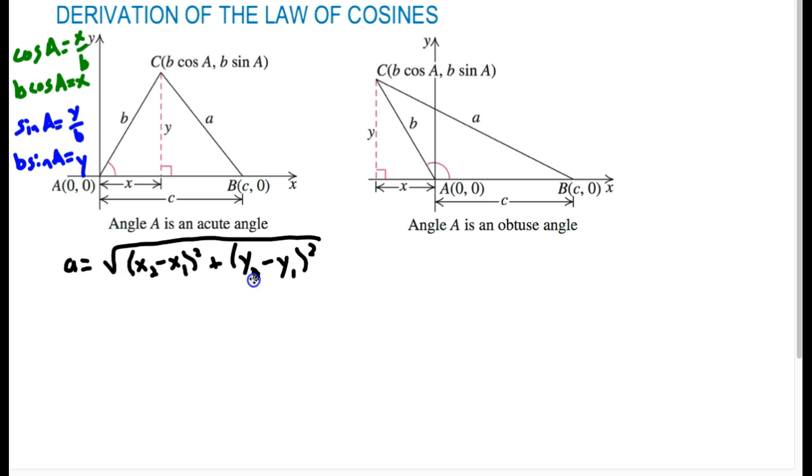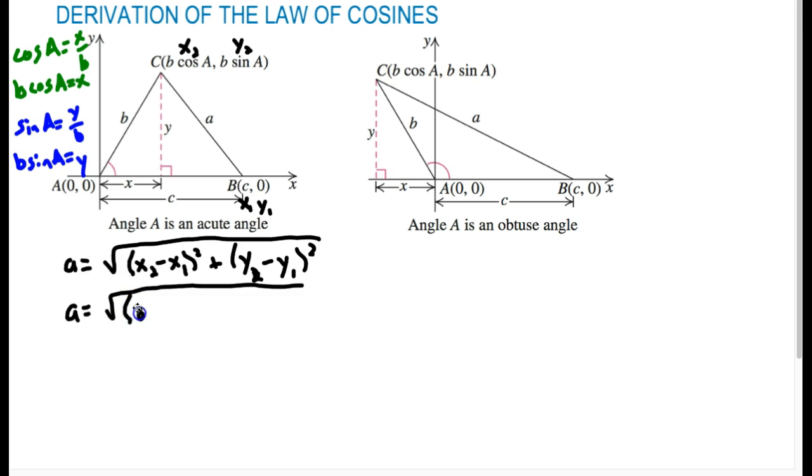So this is just saying take the difference in the x-coordinates and the difference in the y-coordinates. So if I'm finding the length of a, I'm looking at these coordinates and these coordinates. So I'll label these as x2 and y2, these as x1 and y1. All right. So if I plug these values into the distance formula to find the length of a, I'll end up with